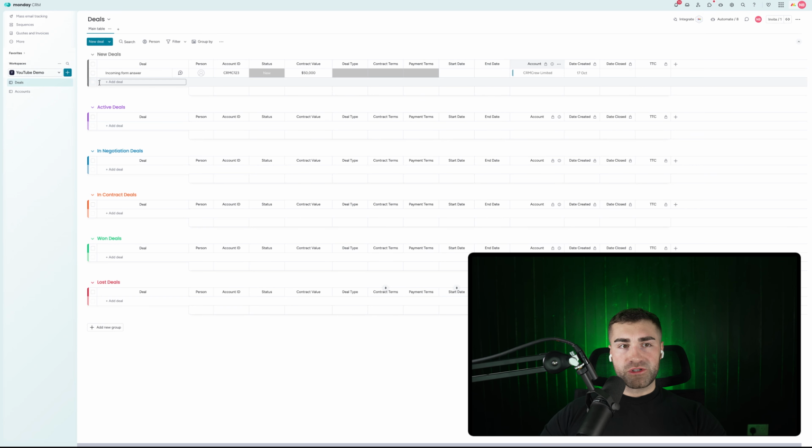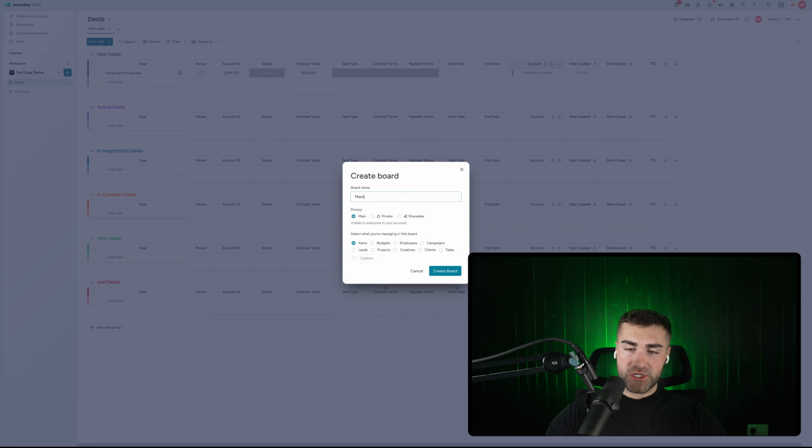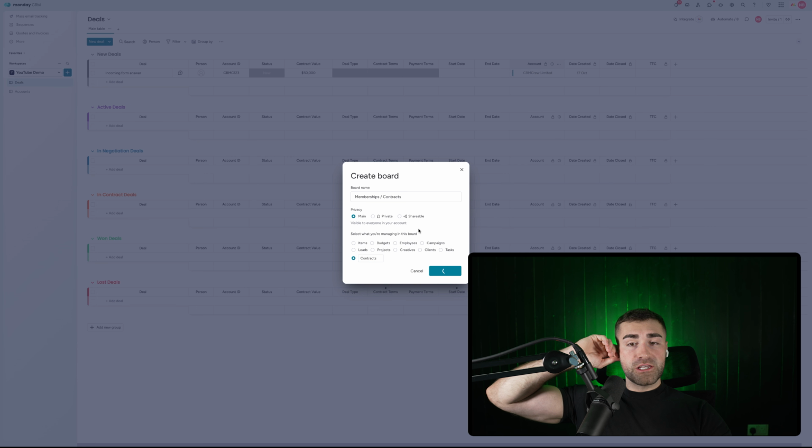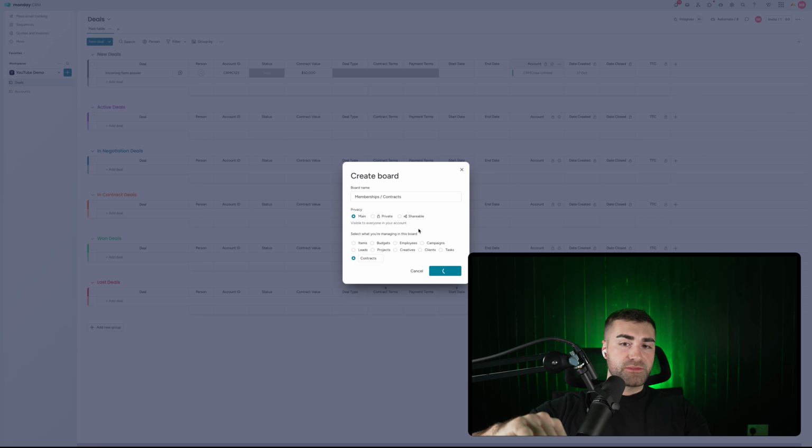So now we've got our deals board set up. We need to go ahead and create another board. And this is either going to be our memberships / contracts. Same thing. Again, I'm going to call it both. And then on the custom, I'll call this contracts. There we go. And then just go ahead and create board. So this board here, our membership / contracts board, is where we are going to manage